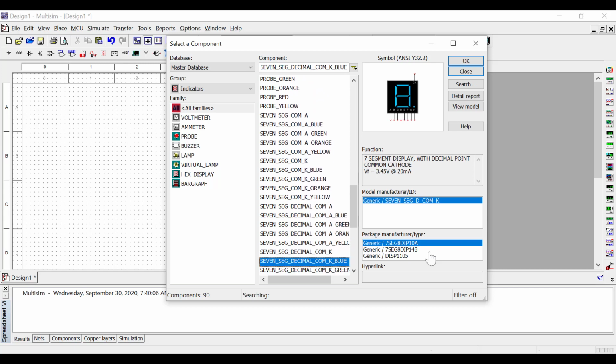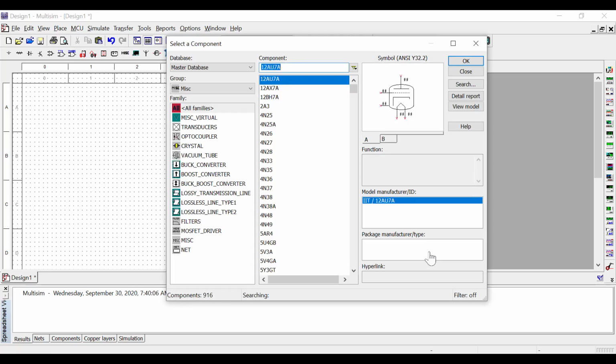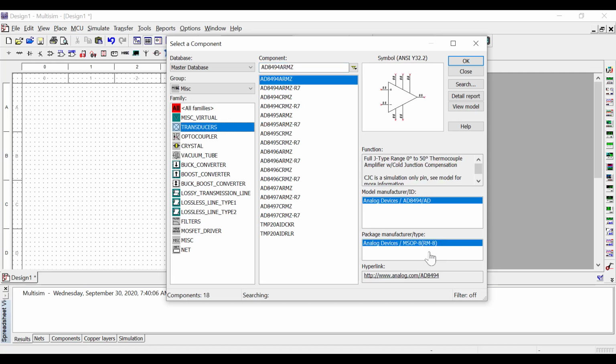So please remember, we are going to use the first one for the source placing and ground connection, TTL or CMOS for the ICs, and the indicators will give you an option to provide an output indicator. Then you have a miscellaneous option, where you have different options which we are not going to use much. You have transducers, optocouplers.